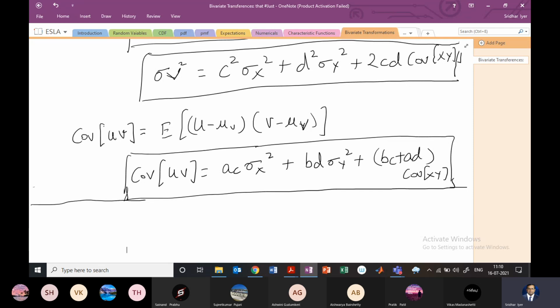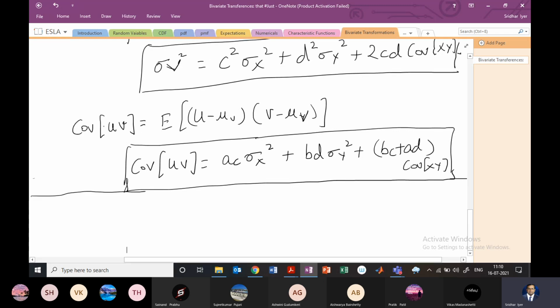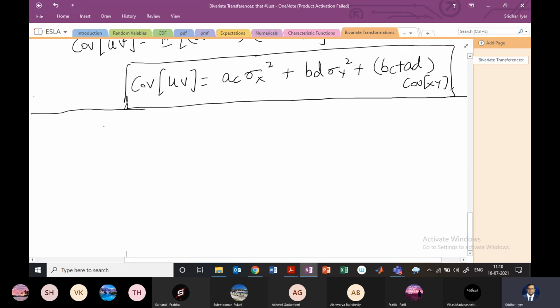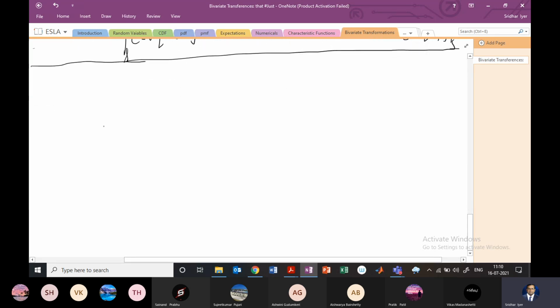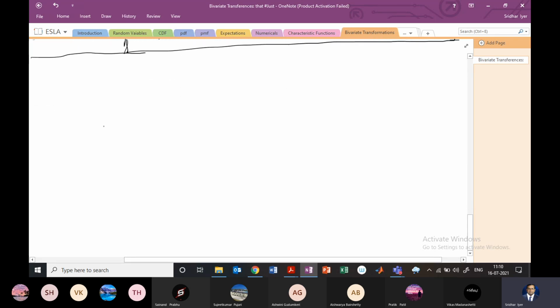So I had taken the example of noise affecting the input signal. So if you have signal S and if you have noise N, that noise N is going to corrupt the signal. Basically, it is going to transform the input signal. Right? So that is the application of this transformation. The application will come across in higher semesters, but this is the idea behind it. Right? So now let's look at the numericals on linear transformations.